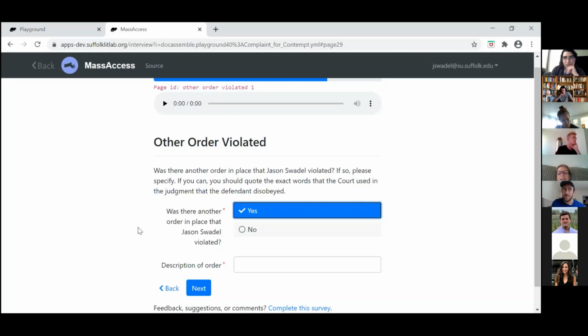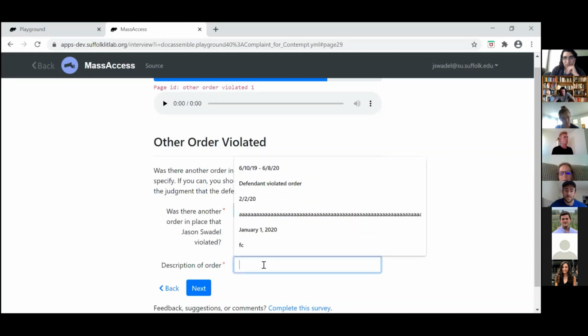And even if they didn't say other, we've gone through everything, we can say, is there any other order that Jason broke? Because other is a little bit more than these specific things, and as you go through them, they might remind you of something. Yeah, we can set this up to just show up at the end of all the stuff. I think you definitely ask this one no matter what.